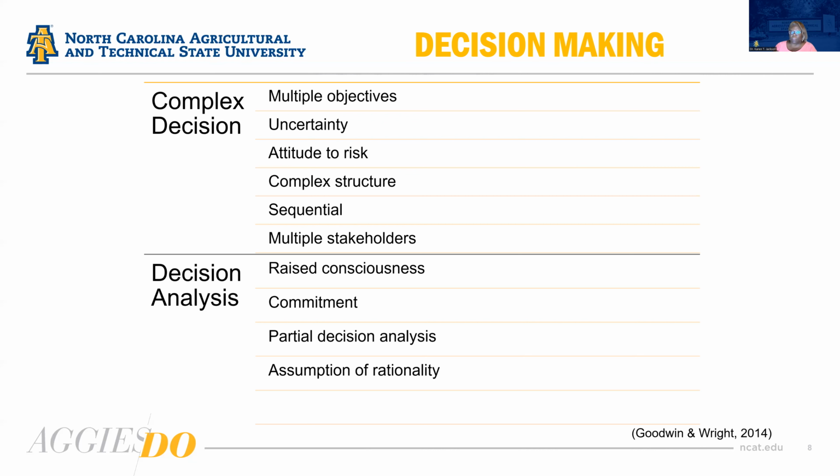So there are all these different objectives that you have to think about. And then there's the uncertainty involved. We don't know what else is going to be happening on the road when we get ready to take the kids to school and to go to work, right? So there's this level of uncertainty. And then there's also the decision maker's attitude about risk, right? Some people are risk averse, and some people have high levels of risk taking.